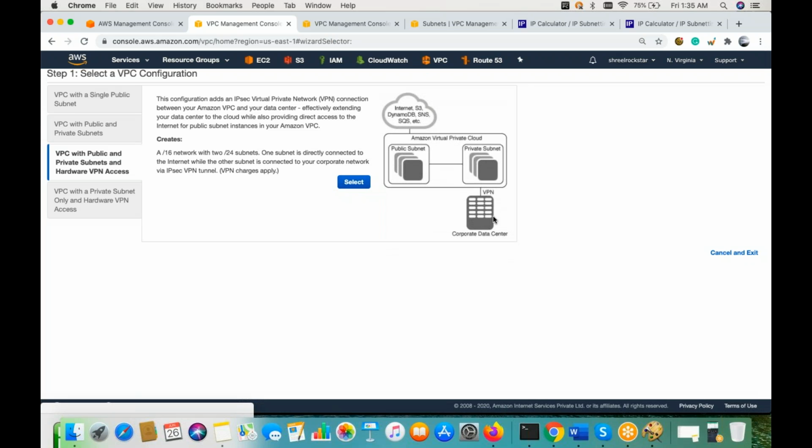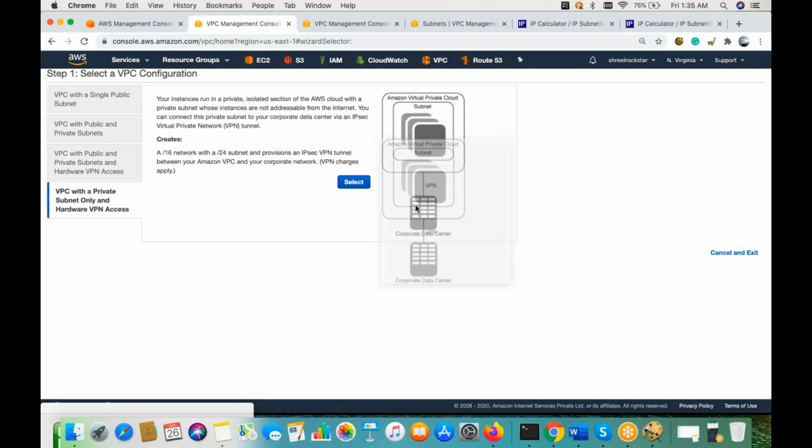You can restrict it so only the corporate data center can access these. No one will be able to come from outside. The other one is the private connectivity mode between the data center and VPC only. So these are the options available, which you can go with by default, and you can manage more on the security side.